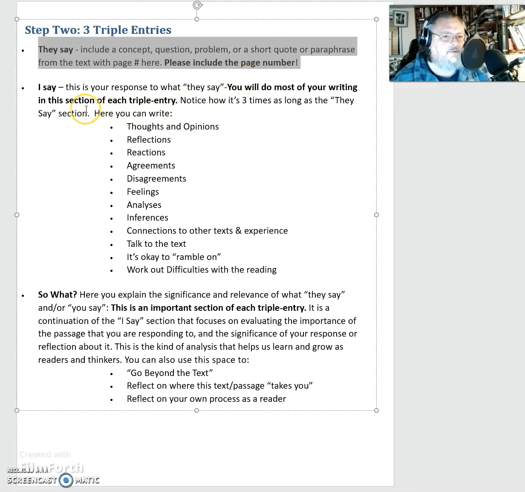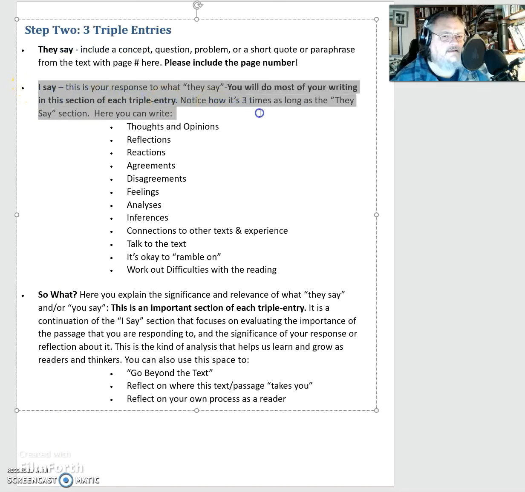The second part of each triple entry is going to be I say. This is your response to that quote or that problem or that issue. This is where you do most of your writing. I don't want summaries of the text. What I want is thoughts and opinions, your reflections about what you're reading, your reactions, your agreements, whether you agree with something or not and why, your disagreements,